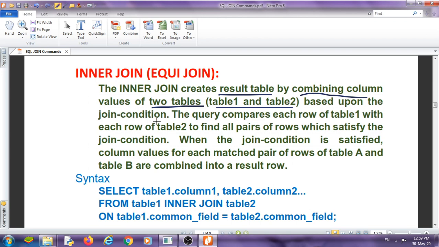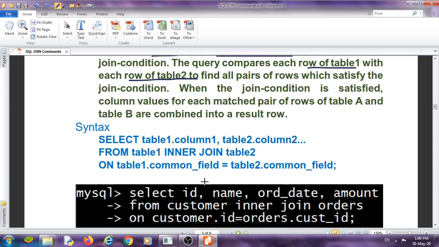Based upon the join condition, the query compares each row of table 1 with each row of table 2 to find the pair of rows which satisfy the join condition. When the join condition is satisfied, column values for each matched pair of rows of table A and table B are combined into a single row.